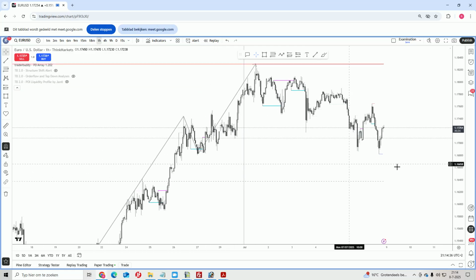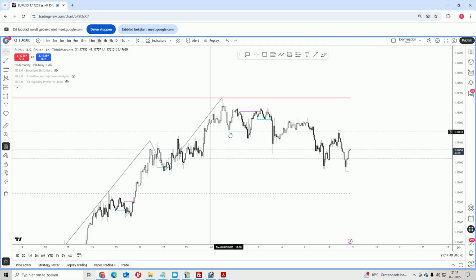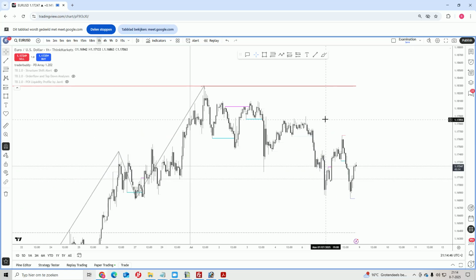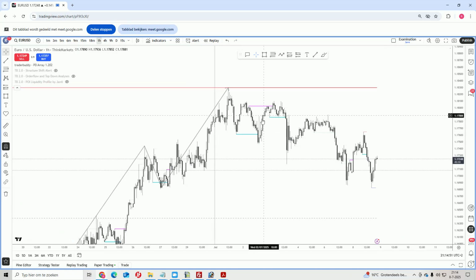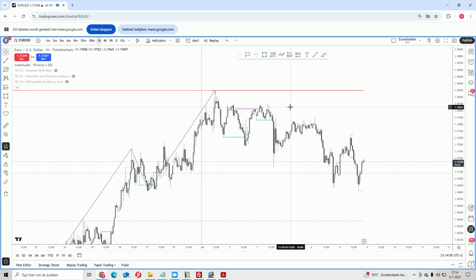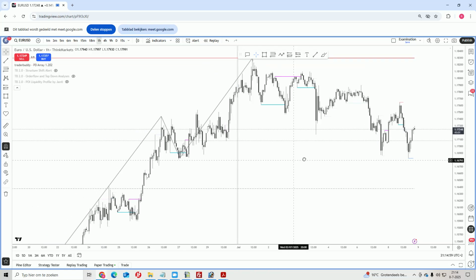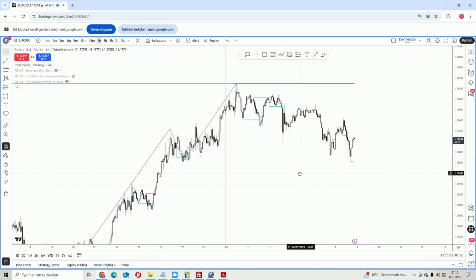Because I taught you guys that after a break of an old low, we want to wait for price to take out an old high. The only thing we have to check, and I believe but I'm not sure, is that the indicator also checks if it is a valid break or close above or not. But if you want to follow or mark out a structure, and let's start with